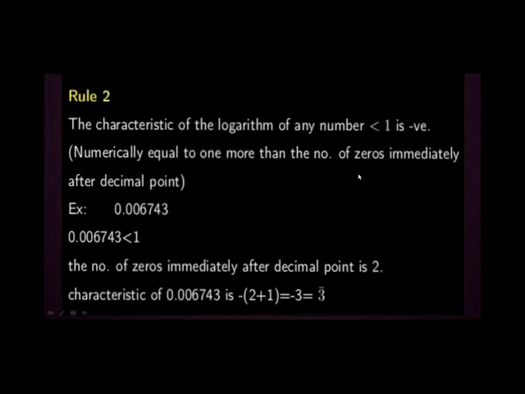In the previous case, when the number is positive, you will subtract 1, and if the number is less than 1, the characteristic is 0, and you will add 1 to the number of zeros. Here the number of zeros is 2, so 2 plus 1 is 3. So it becomes minus 3, or you will write it like this, bar 3. Minus 3, negative 3, bar 3, and this represents that this 3 is negative and its characteristic is negative 3, so you write a bar on the 3.